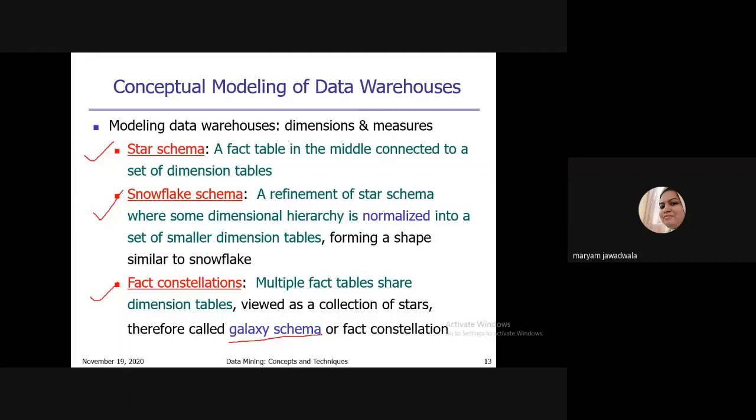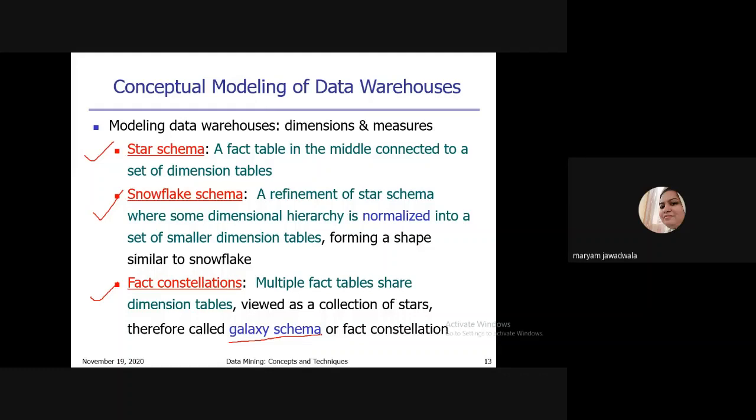Okay. The second one is the snowflake schema. The snowflake schema is nothing but a refinement of the star schema where some of the dimension hierarchy is normalized into a set of smaller dimension tables, forming a shape similar to a snowflake.